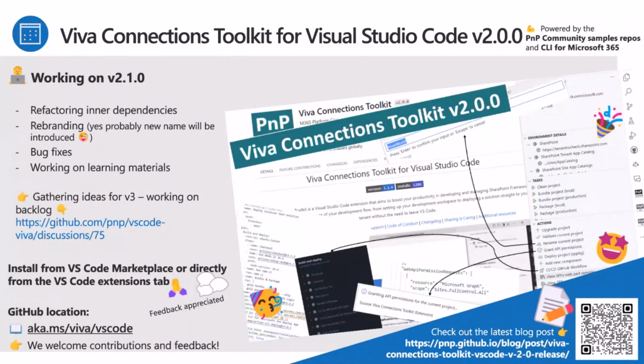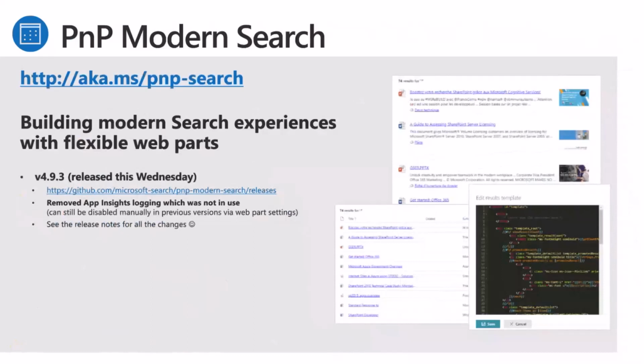Thanks, Adam. All right, modern search. So no big updates here in the last couple months. But last I heard, this team's looking for help. So if you have available time, they are looking for someone to help contribute to upgrading PnPjs. It's currently on V2, and they're looking to upgrade this to V3. So definitely reach out. The last release was 4.9.3.